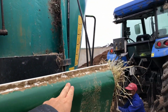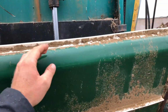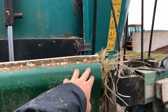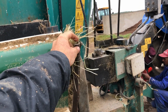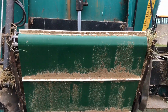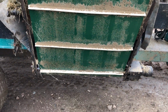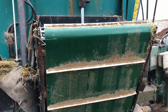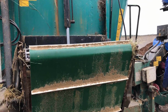This roller was bent underneath here, and it was causing the whole belt to run over to one side, and that was chewing the belt on this angle line here. But we've sorted that out. We've bent everything straight, I hope it's straight, and we've got a new belt, so we're going to see how it does. It keeps on moving over to the front or to the right as you look at it now,